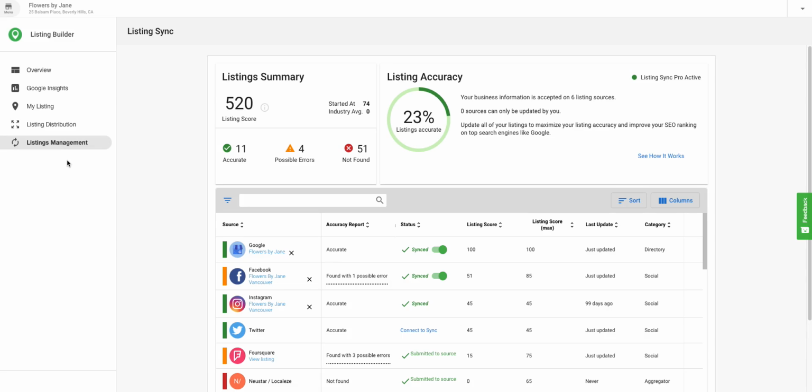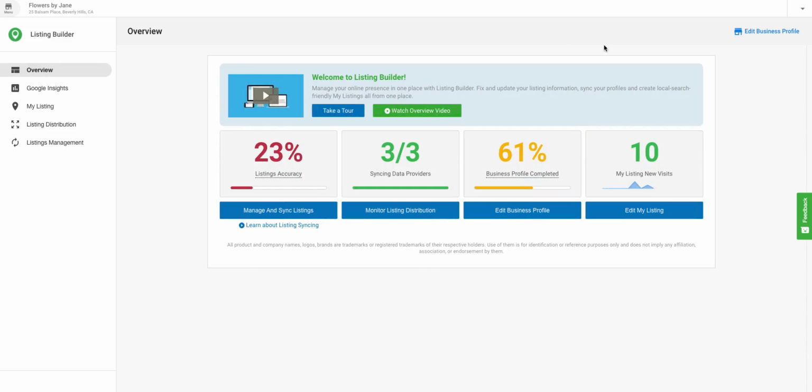It's important to make sure that you have completed your business profile and all of your information is correct. You can do this by clicking Edit Business Profile. The more details you have filled out, the better your chances of being found are. Once you've completed your business profile, access Listing Sync Pro through the Listing Builder app from the Overview page or